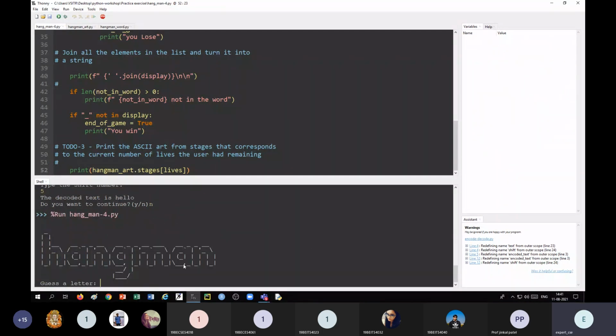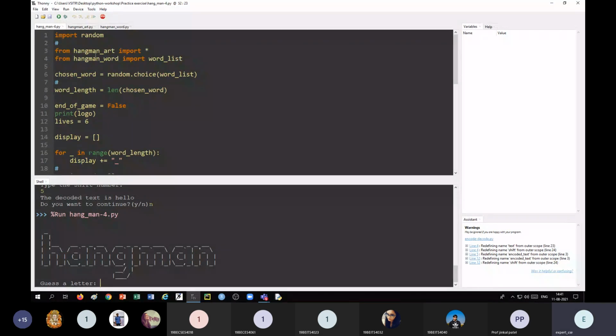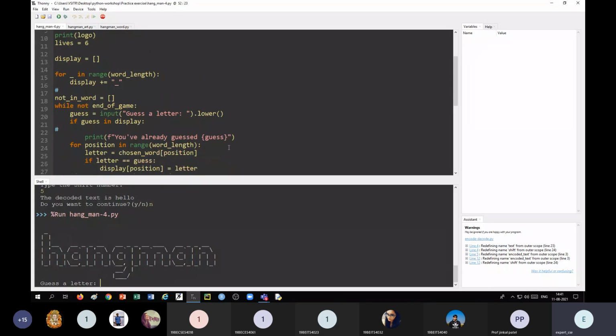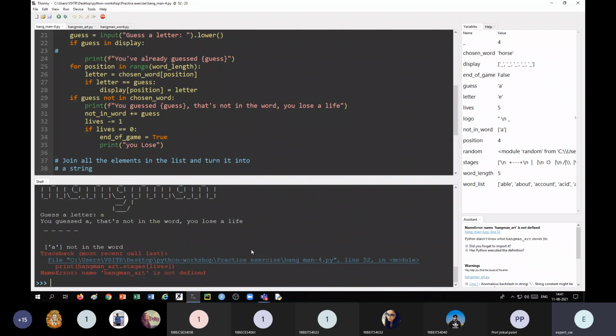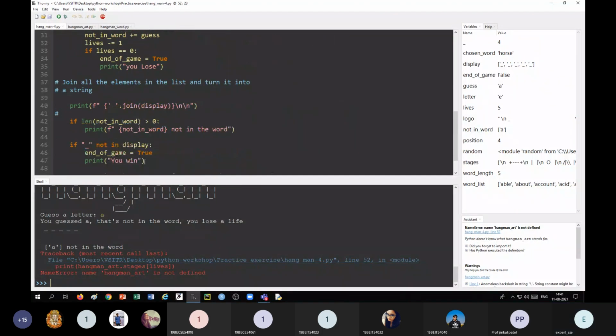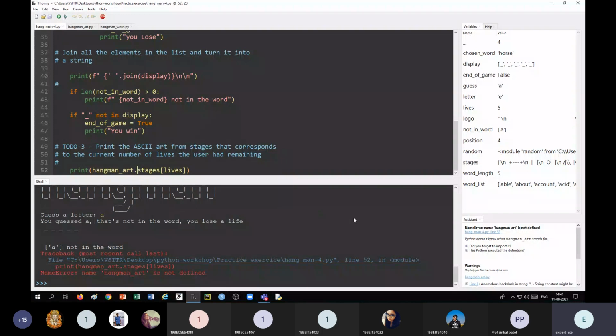So the logo is there. That means whatever we have written, from hangman_art import star, the asterisk, works. Now guess a letter, for example A. I don't know which word it is. A is not in the word, but I got some error. Here we have already imported all variables, so we'll write this.